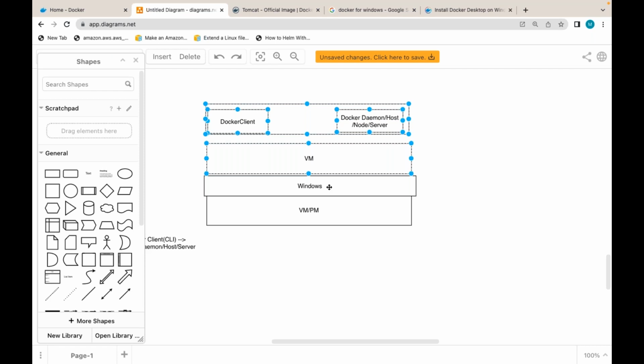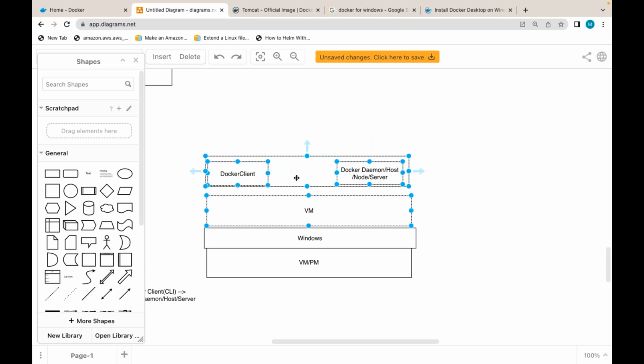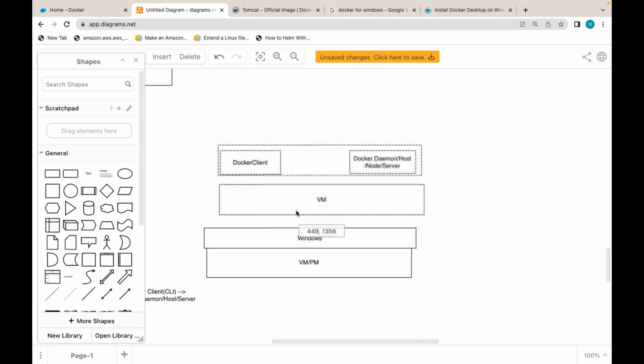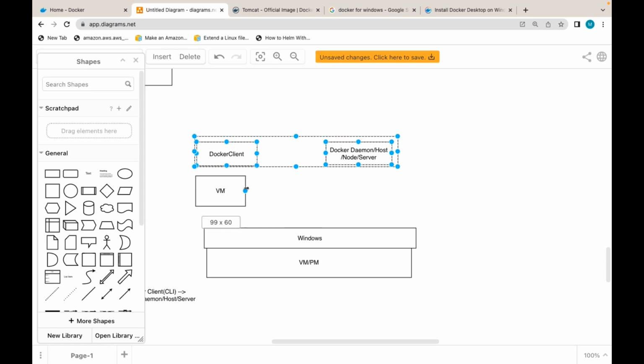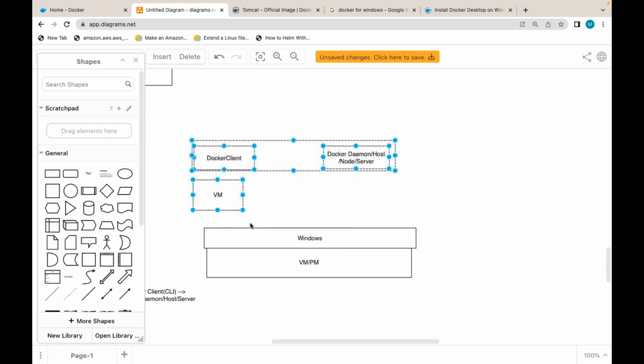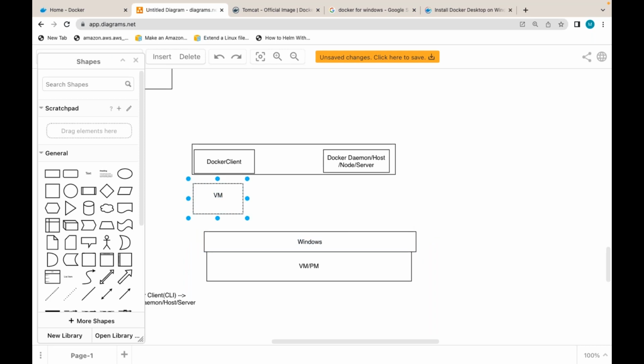It's not going to be Docker in Windows. If you are using VMware software, you are creating one virtual machine. Do I need to install Docker directly in my Windows system? This is the host system. No. You are going to go inside this VM and install. So will it be Docker for Windows, or Docker in Linux? If you install VMware, Oracle VirtualBox, all those things, that is Docker in Linux only.